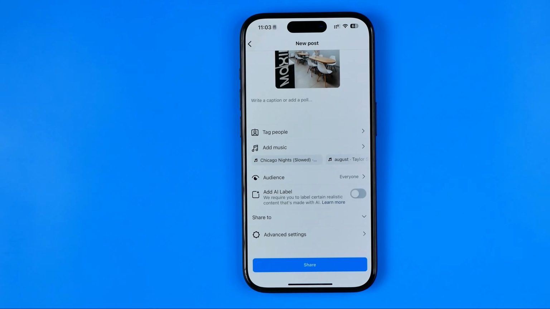Basically, guys, these are the ways how we can easily repost someone's posts on Instagram,